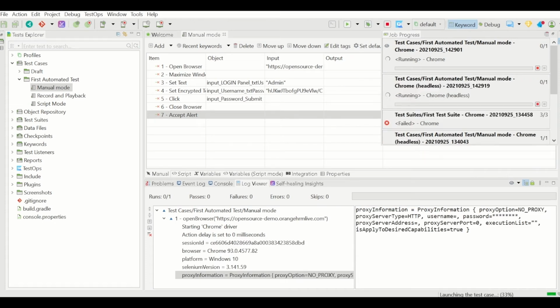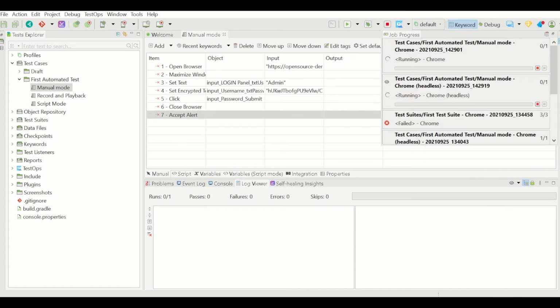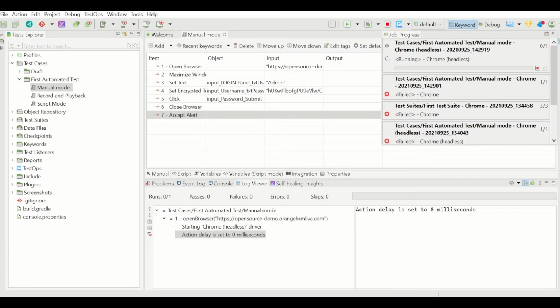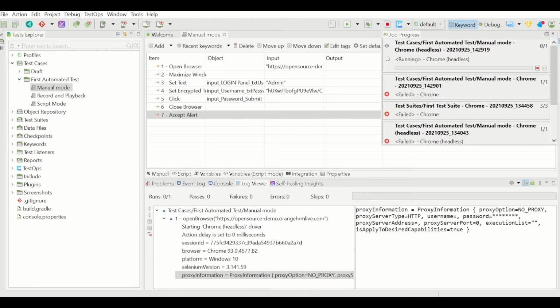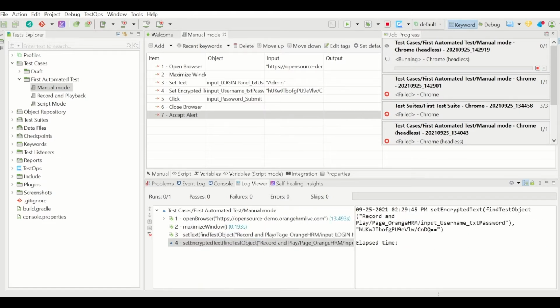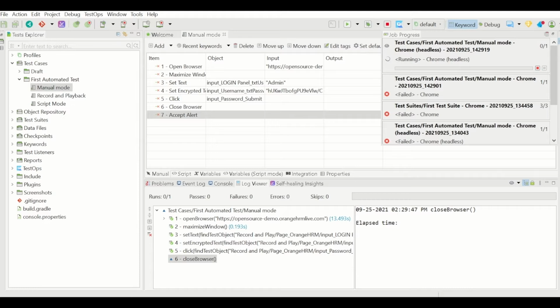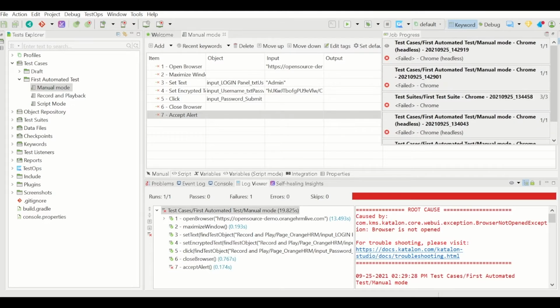It has launched the browser already, I think. Let me just see. Okay, you have seen it has finished execution in the UI mode. Now it is doing the execution in headless mode. Okay, it has done the headless mode as well. Both the test cases have failed.